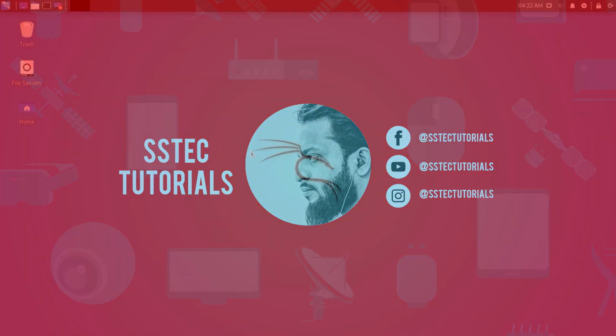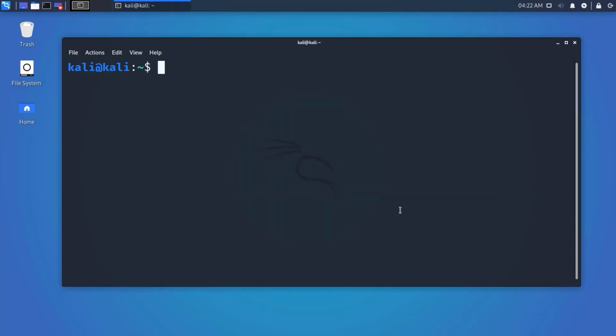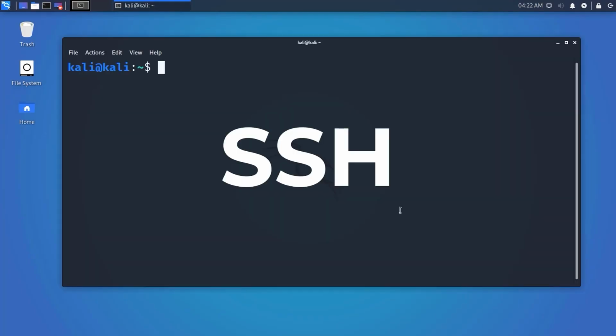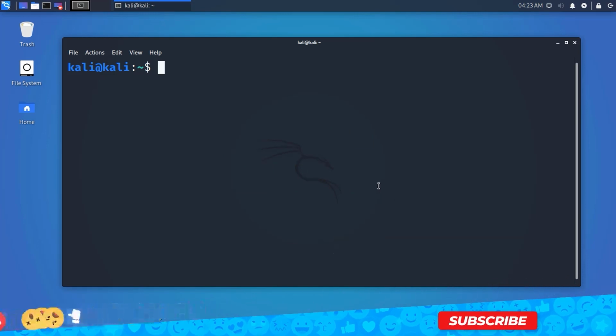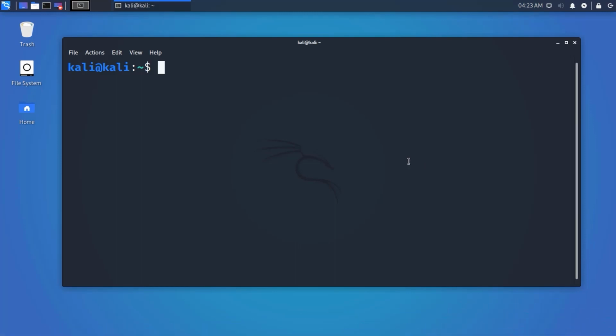Follow me. Go to your Kali Linux machine. Now let's start with SSH. SSH, which stands for Secure Shell, is used to connect to a remote computer securely compared to Telnet. SSH is secure, wherein the client or server connection is authenticated using a digital certificate and passwords are encrypted. It is widely used by the system administrator to control remote Linux server.